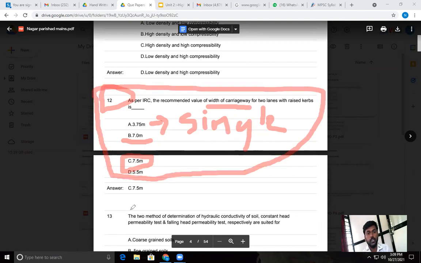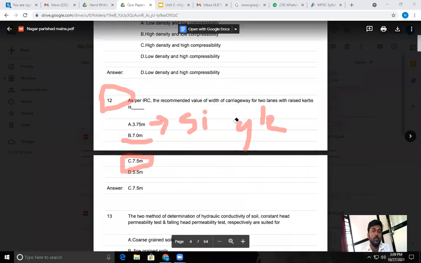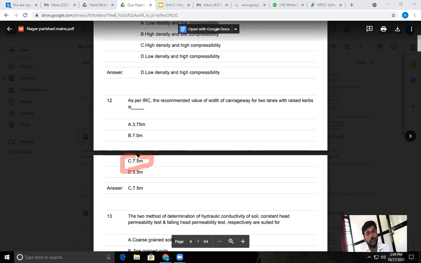Any one of these values can be asked a number of times in a number of exams. While taking that point also, I have told that this is very important. Multiple times this is asked in various exams. So if you want to prepare for any exam, you should go with a thorough study.